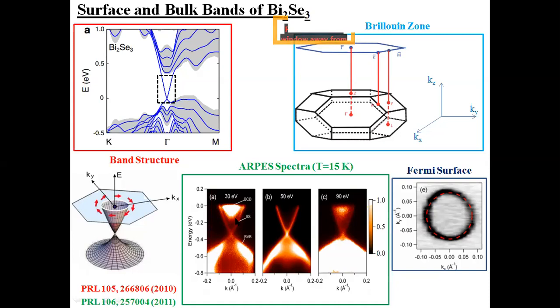In one photon energy it is seen, in another it is not seen, and in another a small part of it is seen. That means it depends on the photon energy, equivalently on the kz momentum. But the other band, the cone structure, is completely independent of the photon energy. The intensity can depend because the photon count at different photon energies could be different. So by varying photon energy, we can find out which is the three-dimensional band and which is the two-dimensional band. If the band position varies with photon energy, it's a three-dimensional band. If it doesn't vary, it's a two-dimensional band.